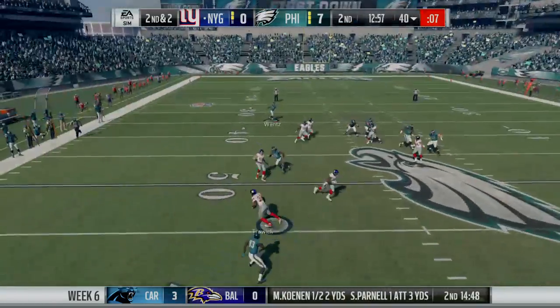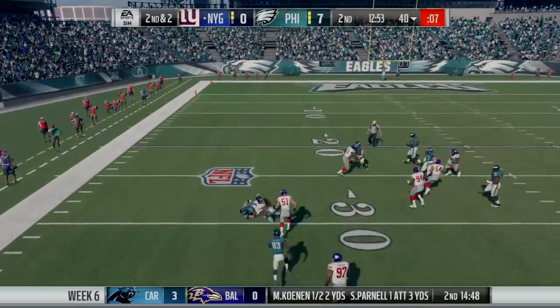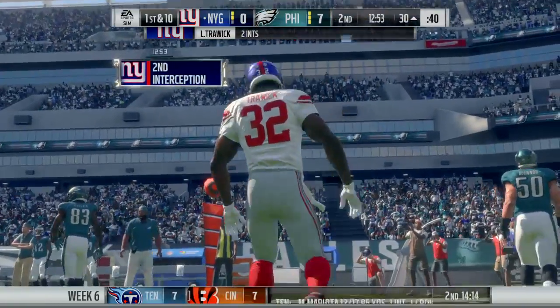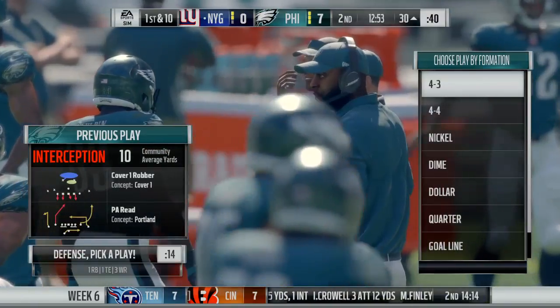And he fires one that's intercepted. Picked off at the 45. And a terrific return as he brings this one all the way back to the 30. You don't see this often. A quarterback of his caliber, 2 first-half